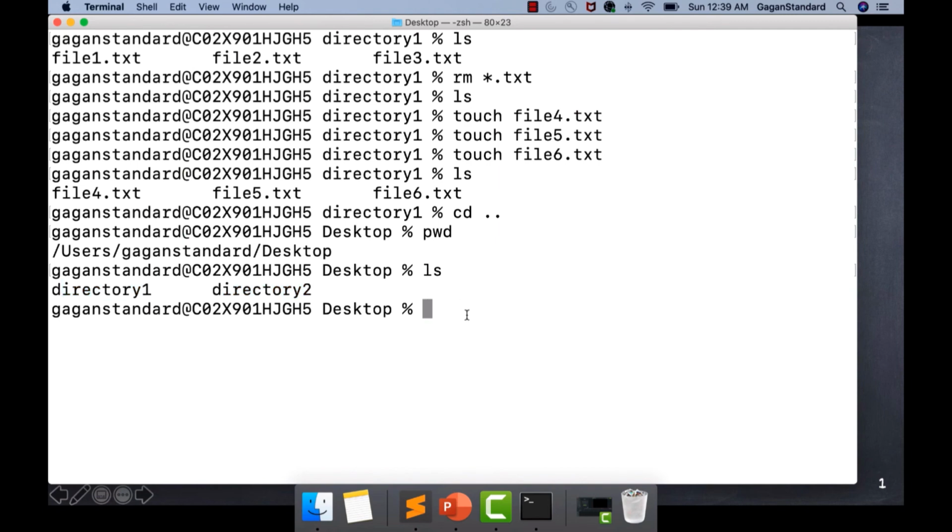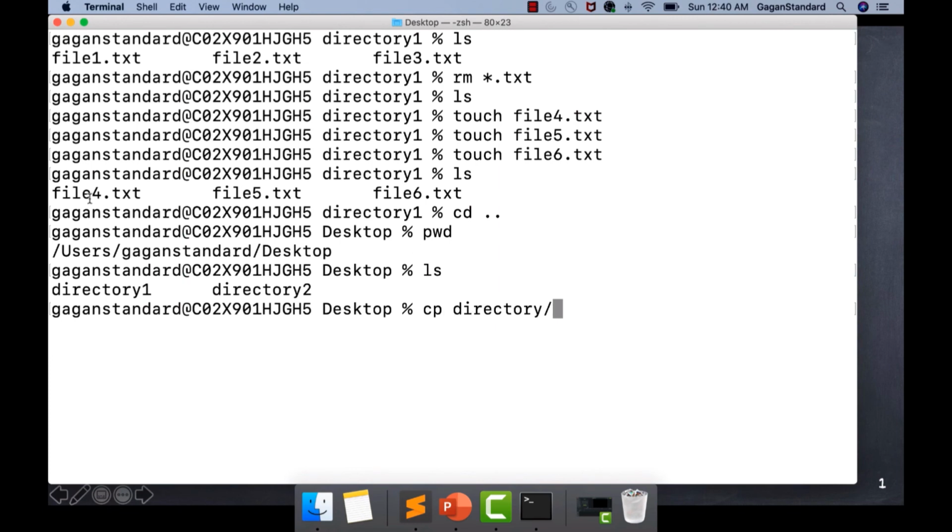So I'll just use the copy command, and I will give cp space the path, that is directory 1 slash.